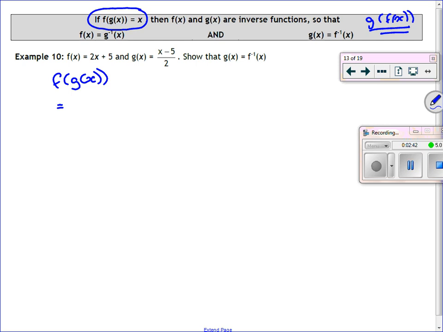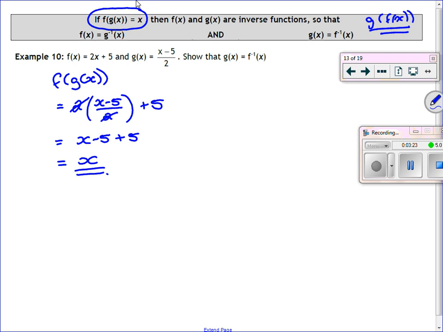So that would give me 2 brackets x minus 5 over 2 close bracket plus 5. So let's cancel the multiplication of 2 by the division of 2. That will give me x minus 5 plus 5. The minus 5 and plus 5 cancel out, so I'm left with x. That in itself is the proof. Because I've composed those two functions and my final result is x, that is proof that one function is the